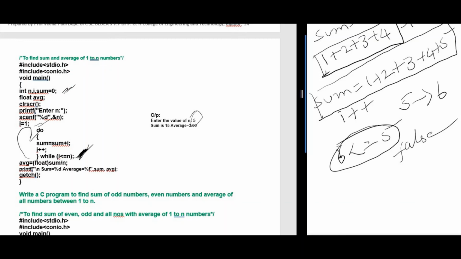So we are also supposed to find out average. So average is nothing but sum divided by number of elements. So 5 elements are there, 1 2 3 4 5. So it will be sum divided by 5. But as we are going to get fractional values, and I have declared the sum as integer, whereas average is float,